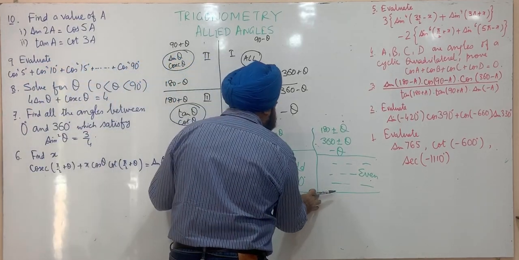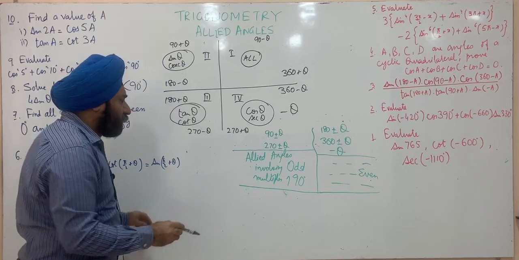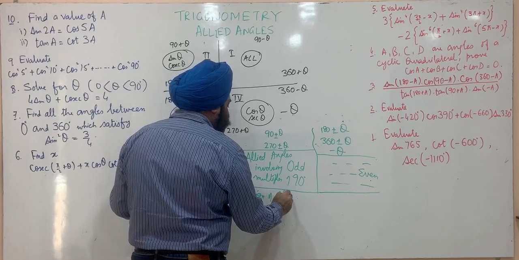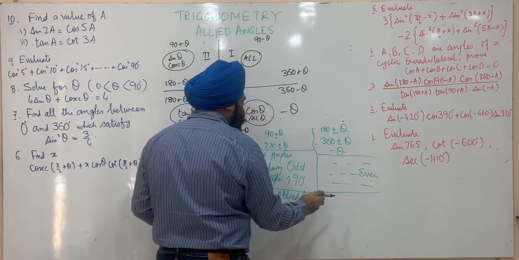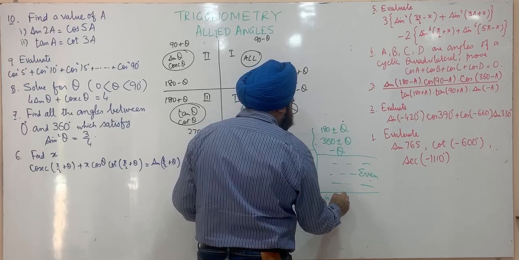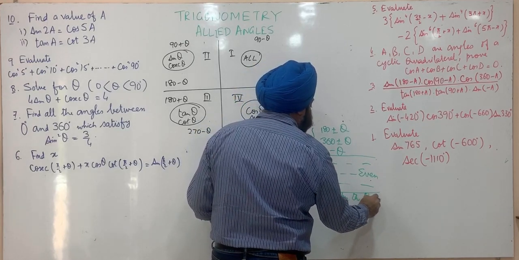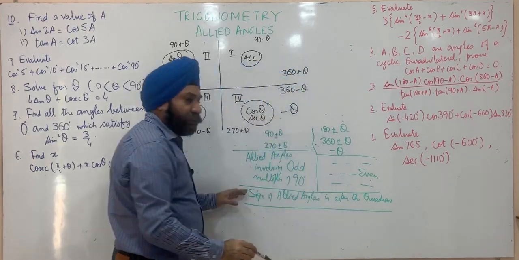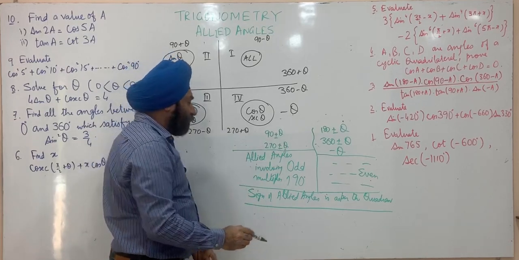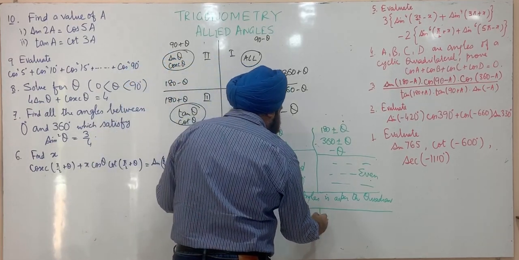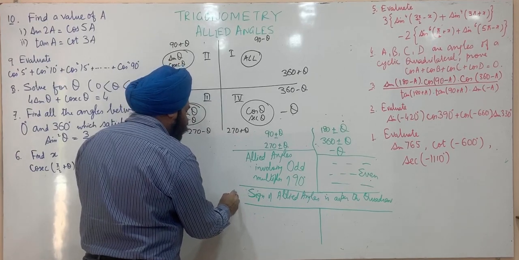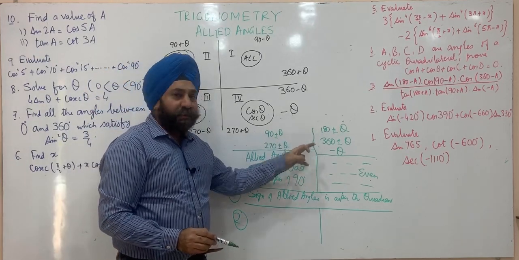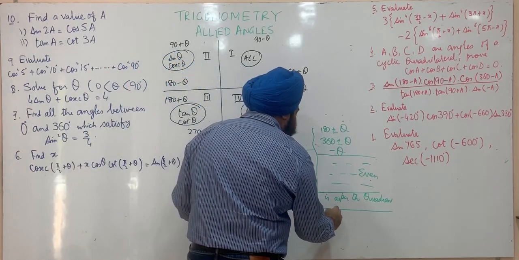Now what are the rules? There is one common rule, and that is the sign of the allied angle's ratio is as per the quadrant. This is the common rule for odd and even multiples of 90 degrees. The second rule is different for the different categories. This is the first rule. The second rule is that if we have an even multiple of 90 degrees, then there is no change